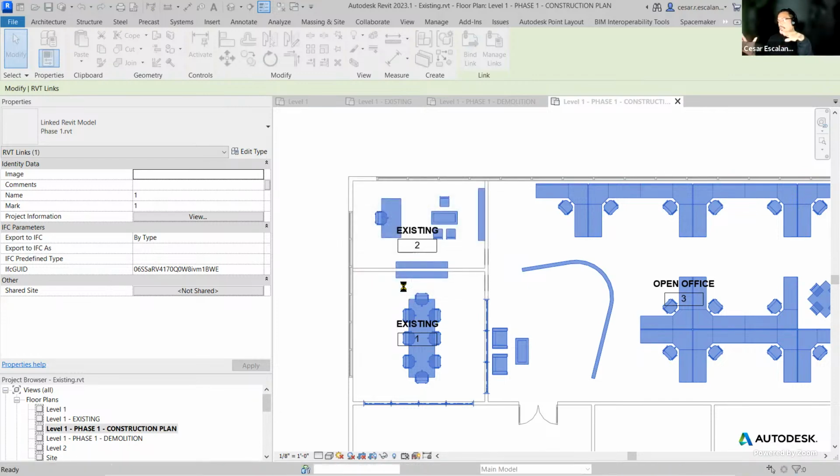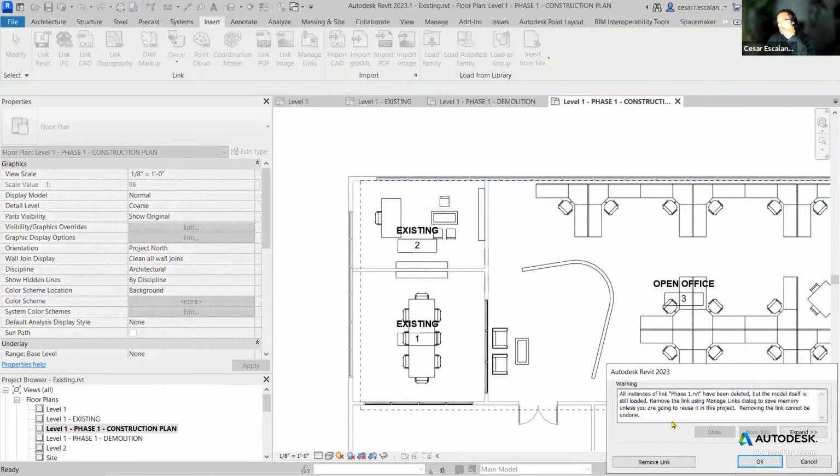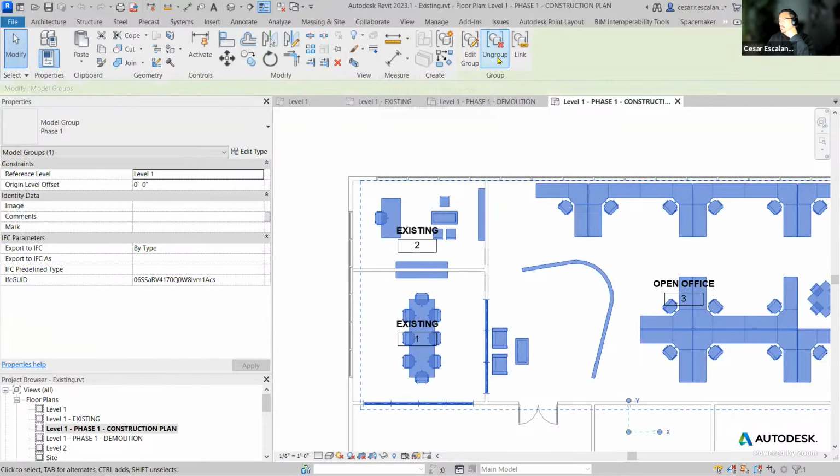When a link is bound, then it becomes a group. You want to remove the link from the project. That's okay. We don't need that link anymore. And then this link can be ungrouped. And when you ungroup it, it becomes part of the project and will inherit the phase properties in which it's placed. So I ungroup it,